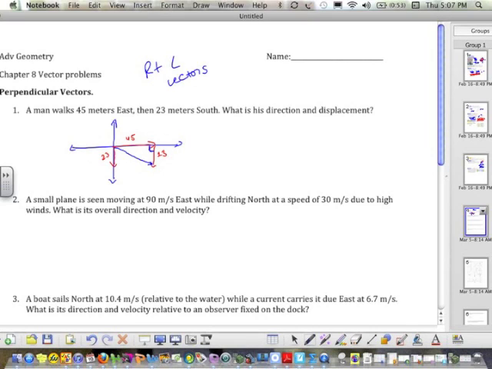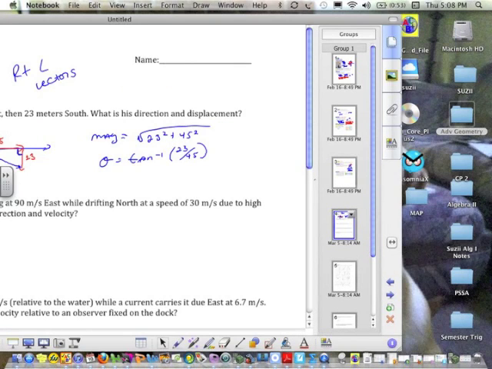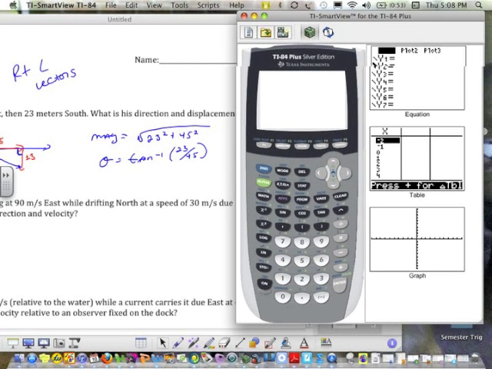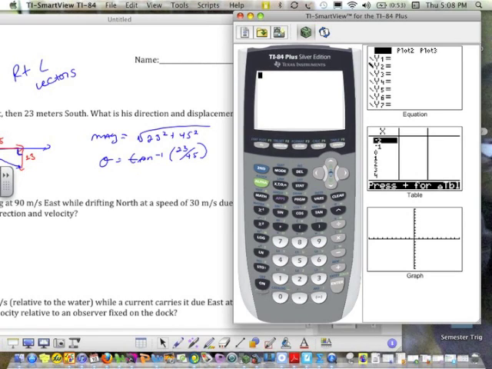So the magnitude is the square root of 23 squared plus 45 squared, and the angle is going to be the inverse tangent of y, which is 23, over x, which is 45. Okay. So I'll do both of these in the calculator. For some of them, I won't do that since I don't want to waste too much of your time when you watch this. But so first one, second square root